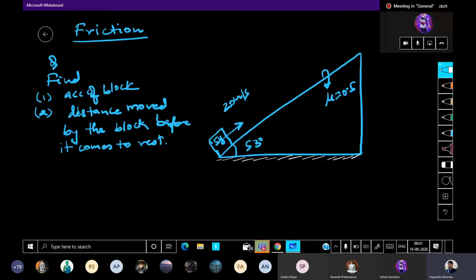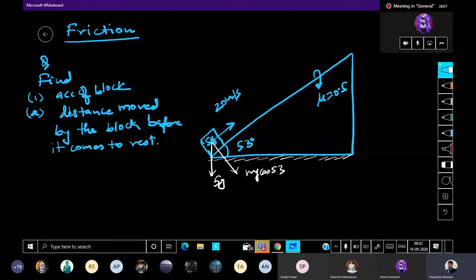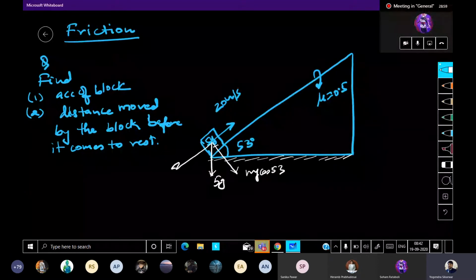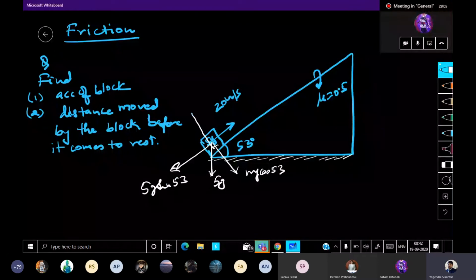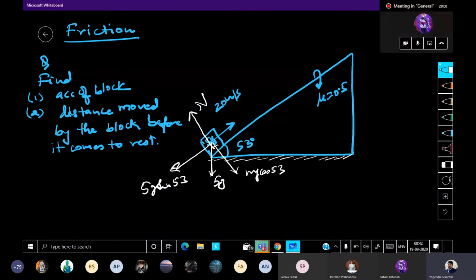All right. Pay attention, everyone. mg will be acting like this. mg cos 53 will be like this, that means 5g cos 53. mg sin 53, that means 5g sin 53. N will be like this. And remember, as the block is going up, friction Fk will be here. So what we can see is, perpendicular to the incline,